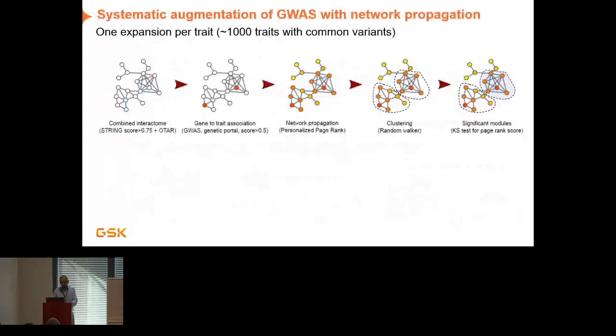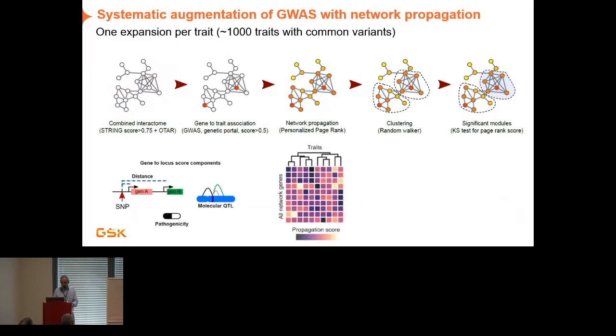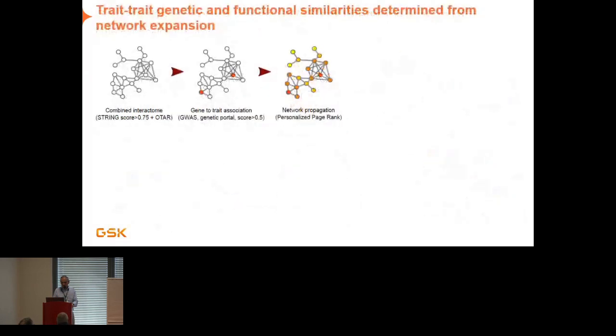Using those two things, we had the interactome mapped, and on this interactome we did some network propagation, clustering, and built the modules as well, and found significant modules with this approach. So I'm going to skip the bottom here and go straight to the way we have been using that data.